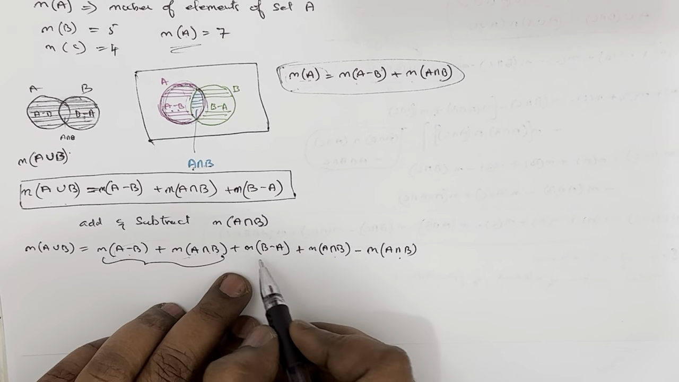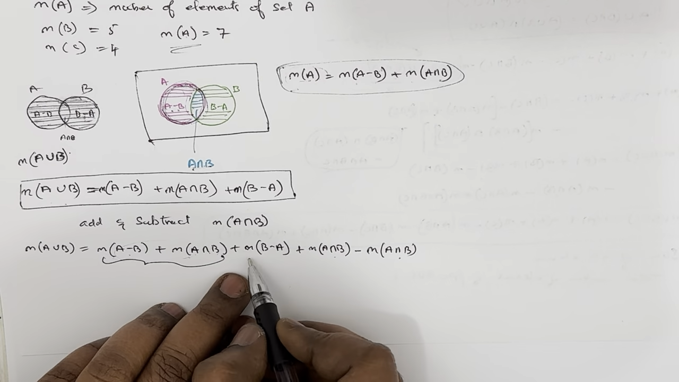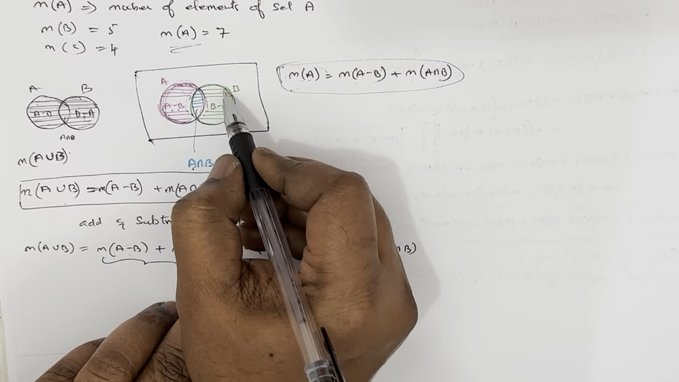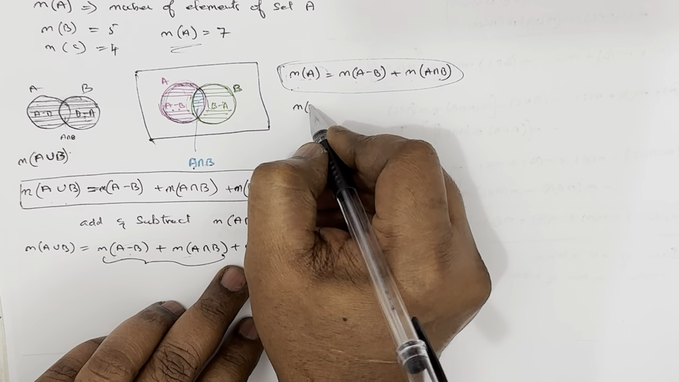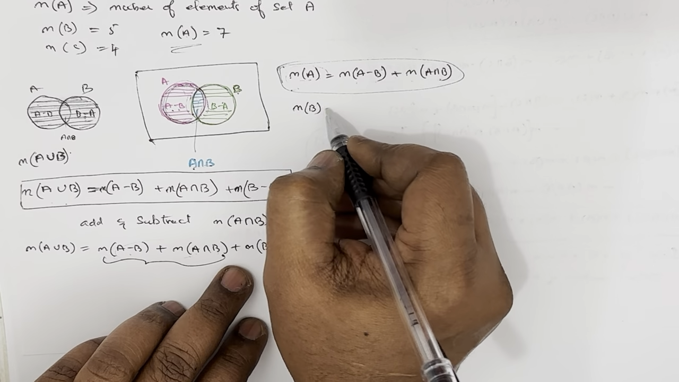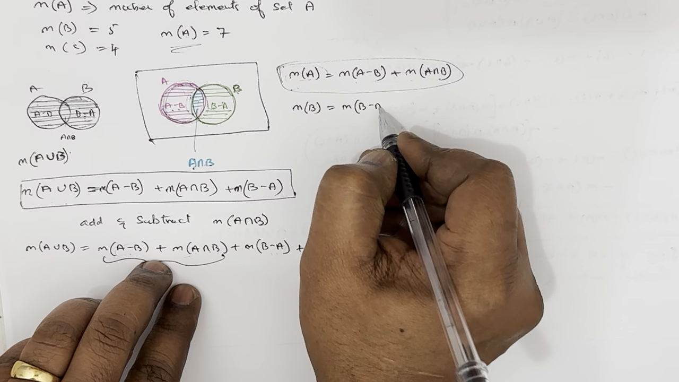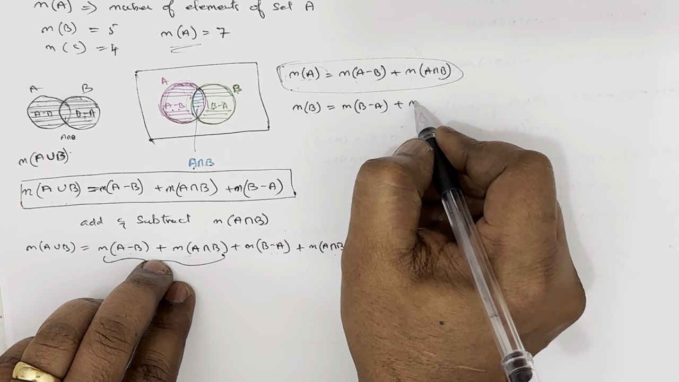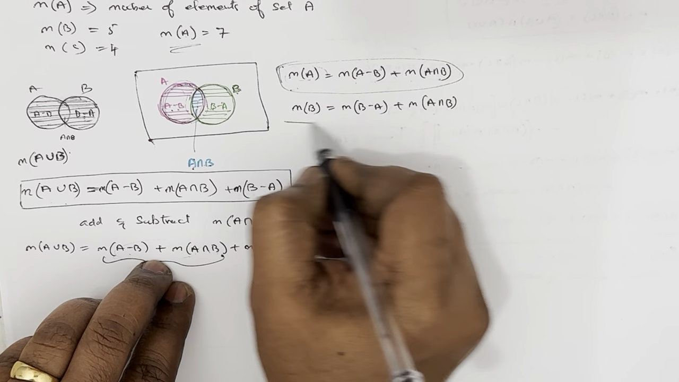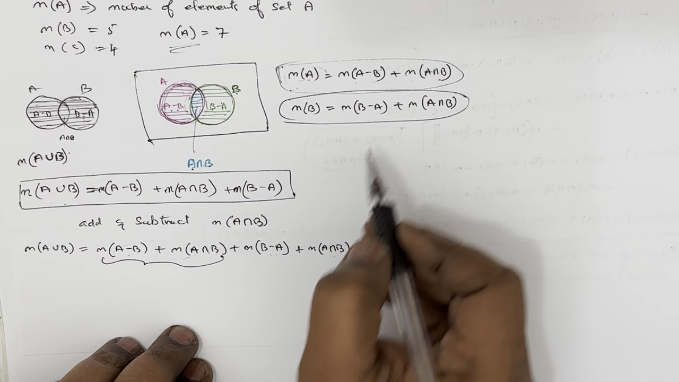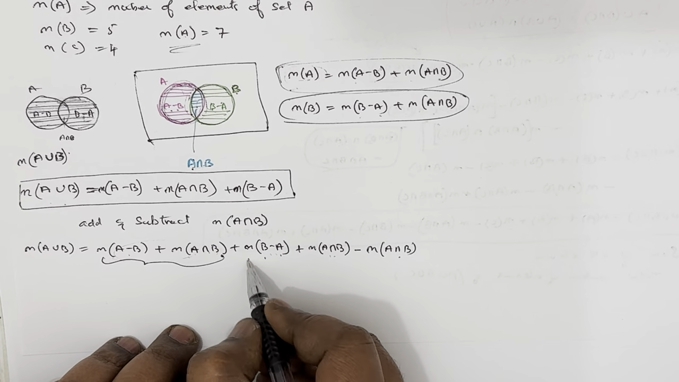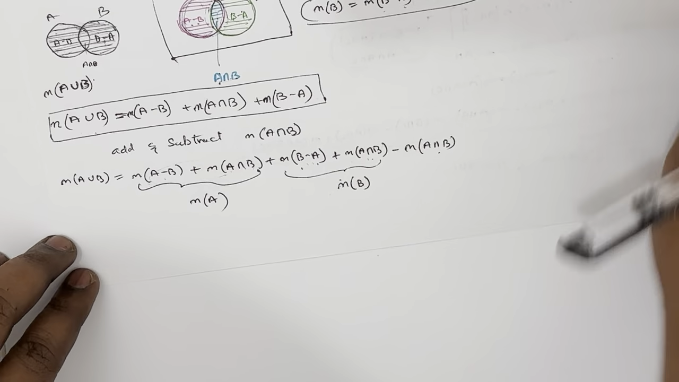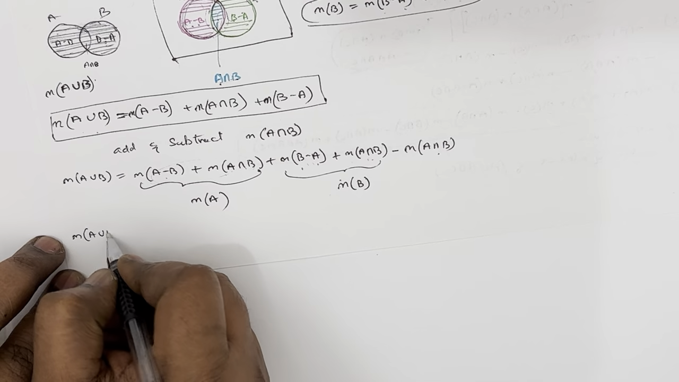In the same way, you see this one, B minus A. The number of elements in the set B will be B minus A plus A intersection B, that is N of B minus A plus N of A intersection B. So you see N of B minus A plus N of A intersection B can be written as N of B, and this can be written as N of A. So we can rewrite this as N of A union B equal to